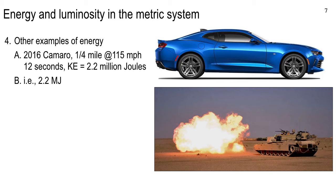Now this tank down here, the M1A1 Abrams, a mighty war-fighting machine. I wish I could have one of these babies, especially when I'm trying to drive down University after class, 3, 4 in the afternoon, and all those maniacs out there. I don't even need one of these. If they would just let me put anti-tank rockets on my car and take out some of these maniacs out there. Anyway,